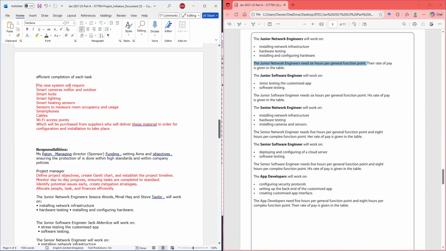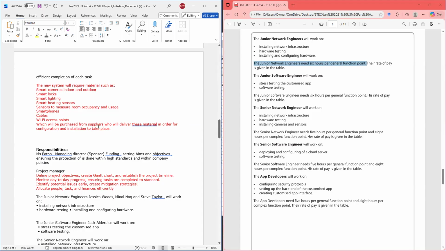The system will require materials such as, to make it easier for you, material such as, and then we list them. Then we list them, right?